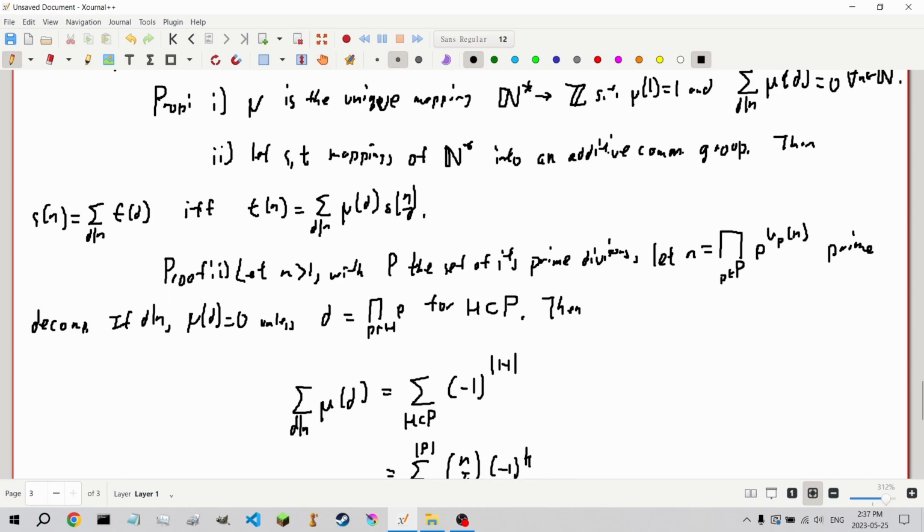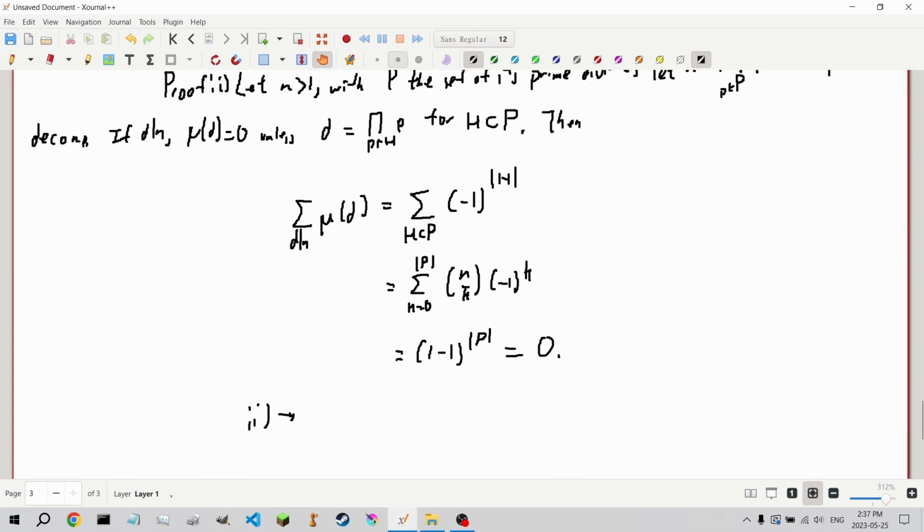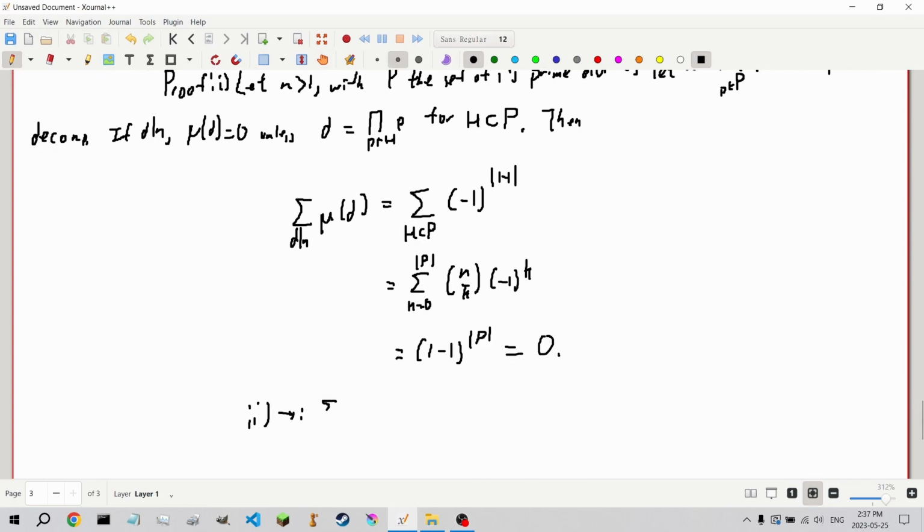Then for the second, we want to show the term on the right is the term on the left, so we can write the sum of d dividing n of Mobius d times S of n over d as the sum of d dividing n of Mobius d times the sum over delta dividing n over d of T of these deltas,